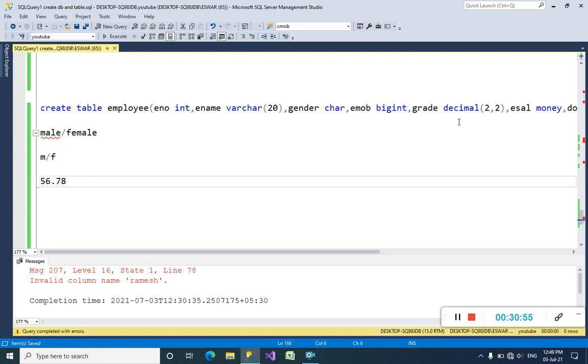Okay guys, when I want to give a grade like 6.7, I want to give the grade in this column. It is like a numerical data type, but it has a dot, so it is within the decimal data type only, because I have declared grade as a decimal data type. But here we have to observe one thing.